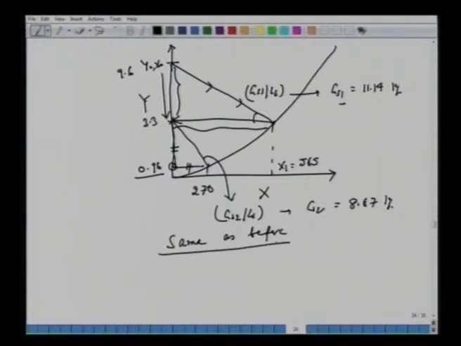Alright, so what we have obtained here is the same message. Whether we solve analytically or we solve graphically, there is an iteration required, and this always happens when the number of stages are fixed. So if you are told that we have been given 2 stages, 3 stages, 4 stages, then calculate the amount of charcoal required or amount of solid required for the treatment of the feed, then one requires iterations, whether it's a cross current or it's a counter current.